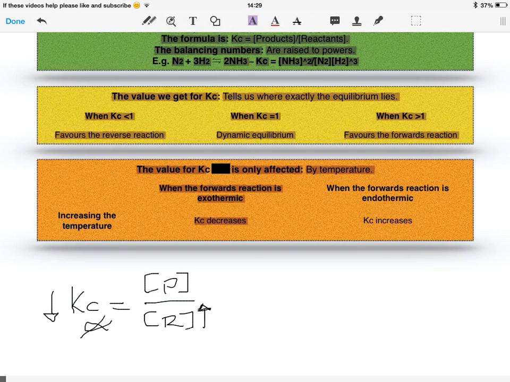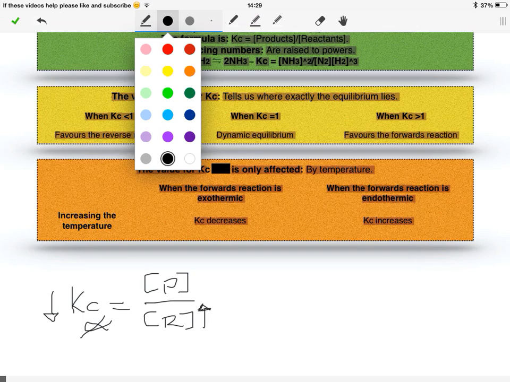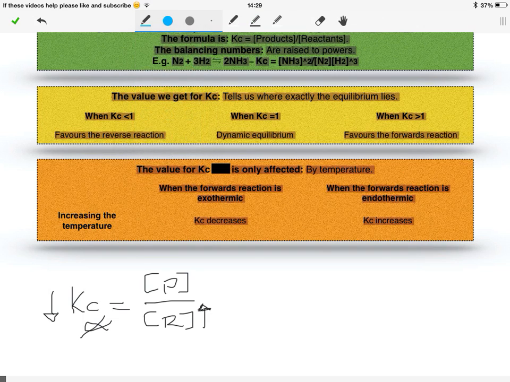Similarly then, if we have an endothermic reaction for the forward reaction, Kc will increase, and then this is using the exact same principle as before, whereas this time I will do it in blue. So we'll have our Kc equals products over reactants. So obviously the endothermic side will be the product side this time, so that's what will increase, and these are